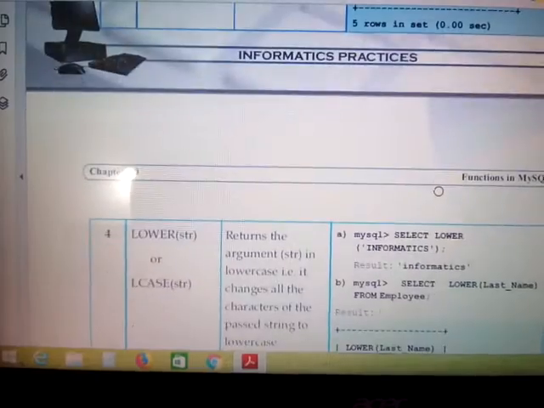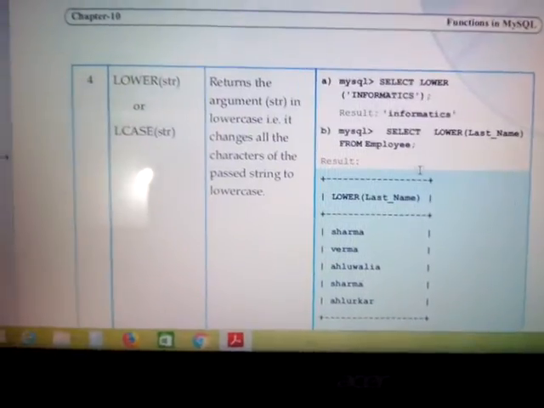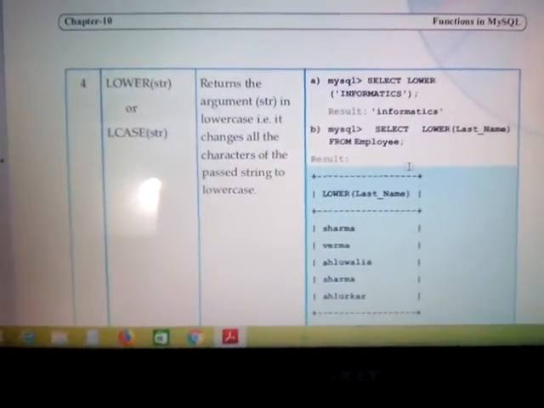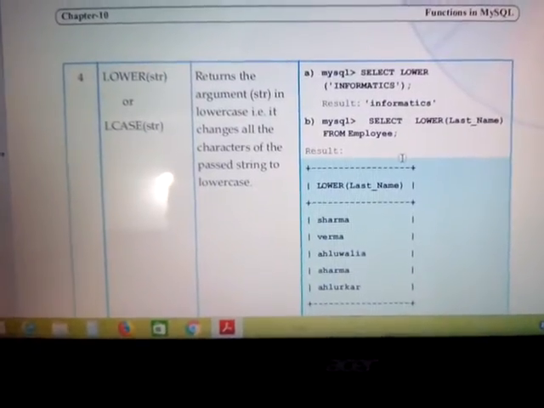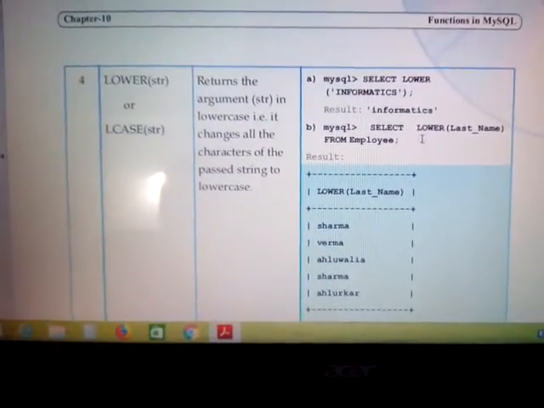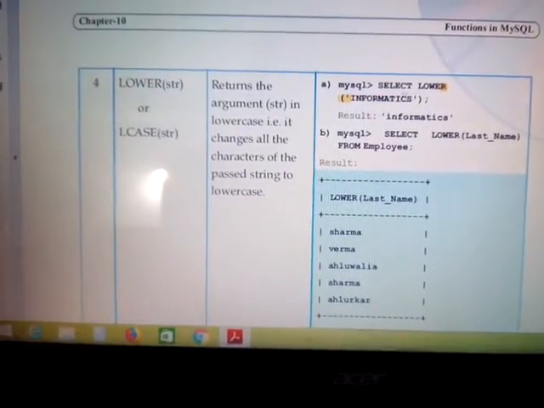Next function is the lower function, or lcase. I think the name is clear: if you want to convert a particular string into lower case, or small letters, we make use of lcase or lower. Take an example, select lower of informatics.